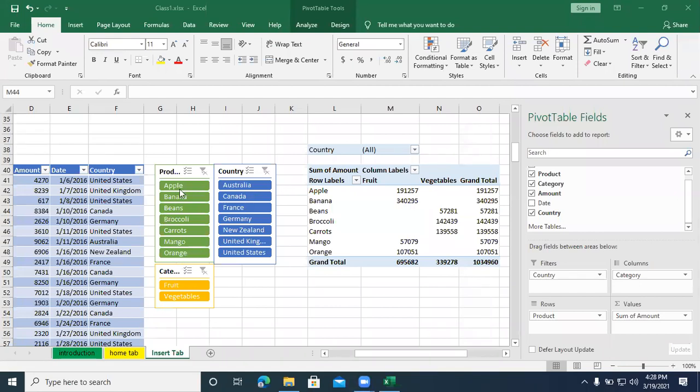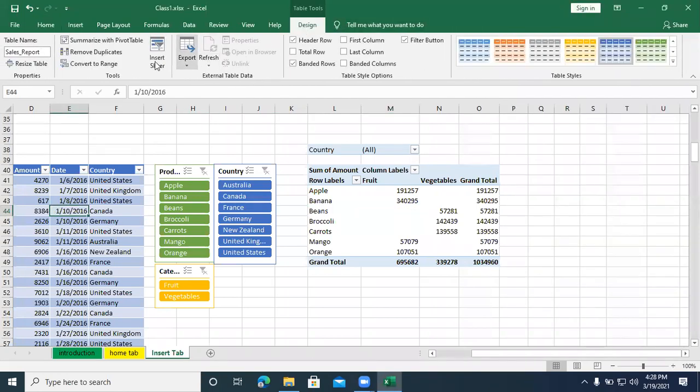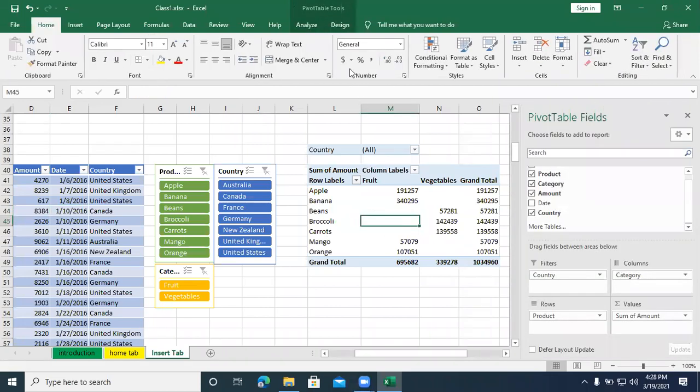Yes, ma'am. This is the slicer. Okay, ma'am. How can you create that? You have an option when you select the table. You have the Design option to insert the slicer. So select the table, go to Design, select the slicer. Okay, ma'am. Thank you.